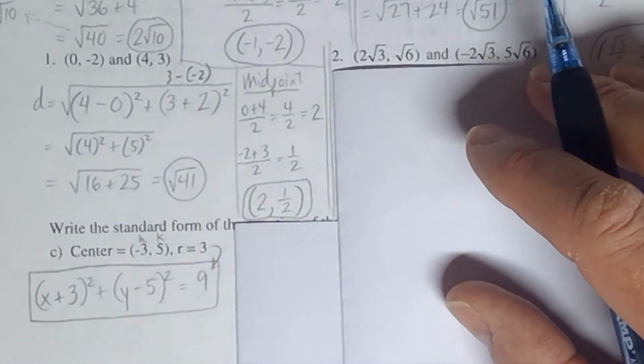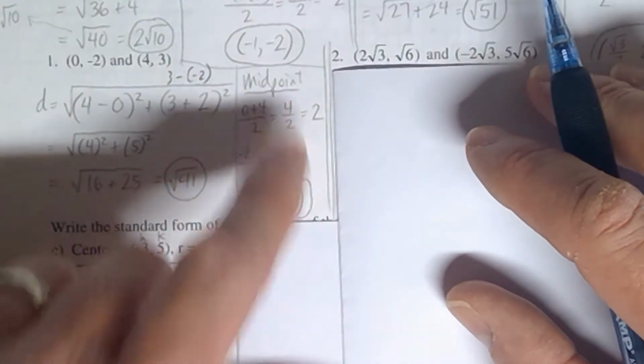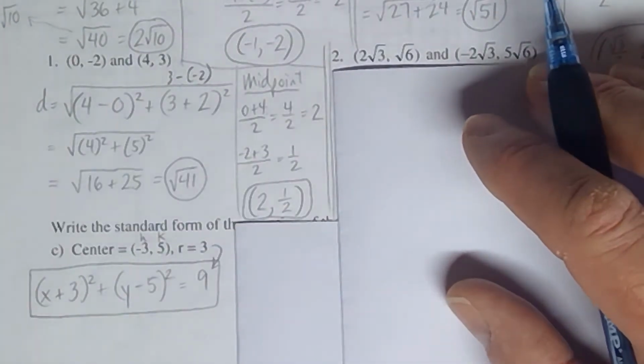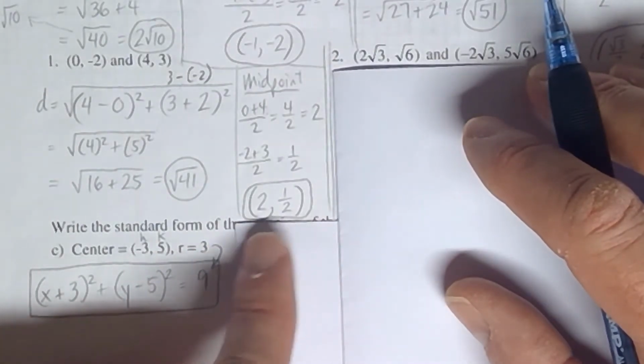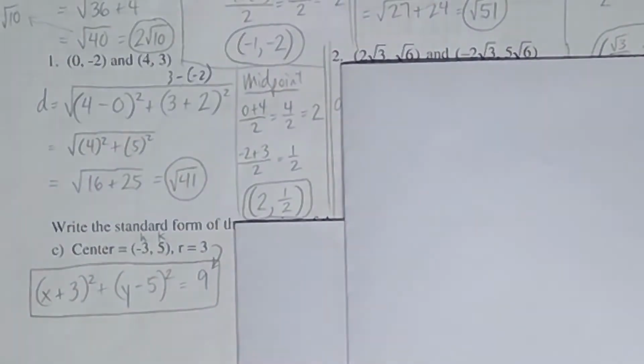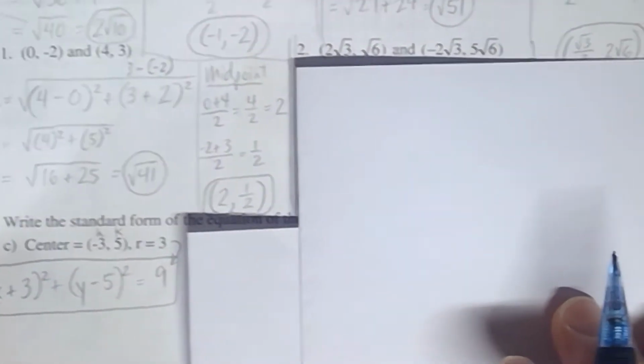Okay? So remember, distance is just one number, you guys. But because midpoint is a point on a graph, it's an ordered pair. It's got to have the two parts. Okay, with the parentheses around it, like we always write an ordered pair. Okay, don't forget those parentheses. And in number 2,